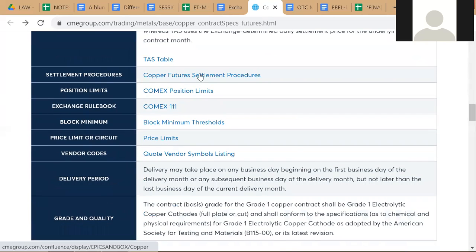Look at this, settlement procedures. I would ask you to read this to get an understanding of how futures contracts work. Open this hyperlink and read it. There are detailed instructions. You don't have to remember these things, okay? You don't have to remember the instructions because you can always click this link and open it up and read it. But the idea is to get a feel for how contract terms are drafted and what kind of issues